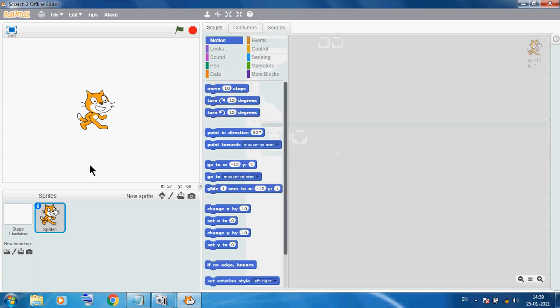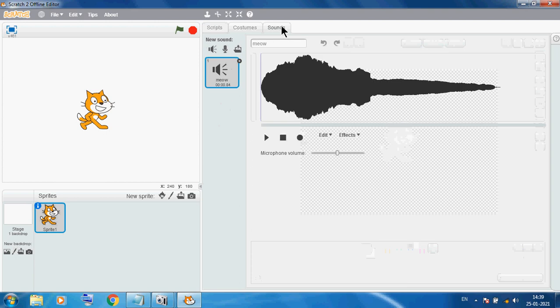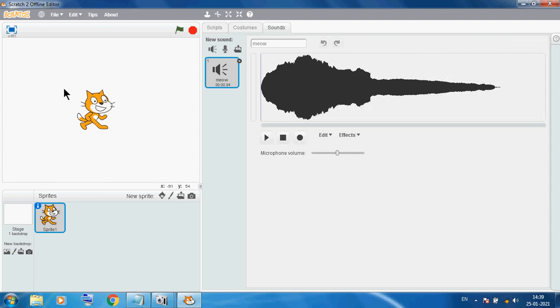When you select this sprite, you can see three things. This is our story character, we can also say sprite. This is the script of this sprite, the costume of this sprite, and the sound we can use for this sprite to create our animated story.